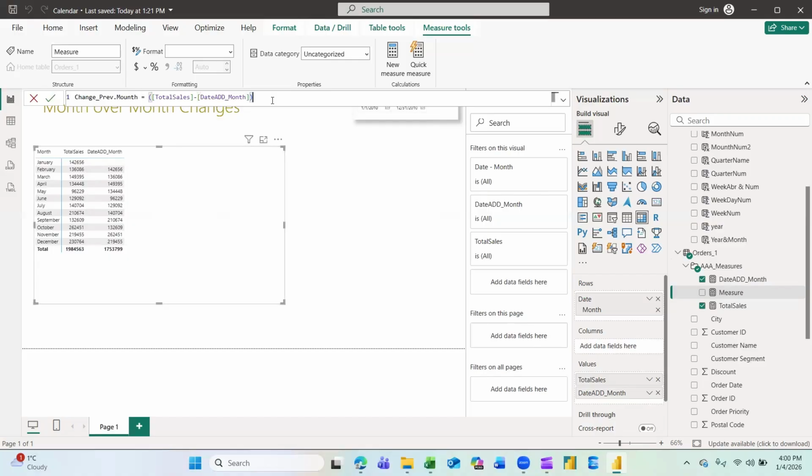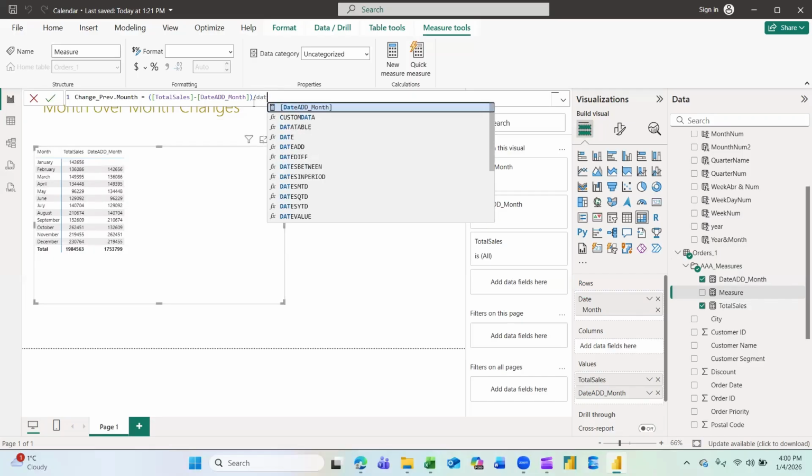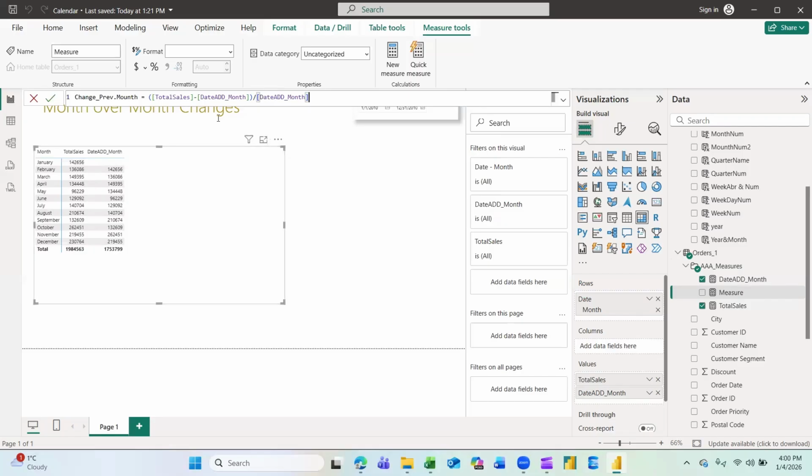And now we can close brackets, and we want to divide by date add month, which is basically the initial month, because we subtract January from February, but we want to know how much in percentage was the change based on the previous month. So therefore we need to divide here by date add month, which is actually the previous month column.